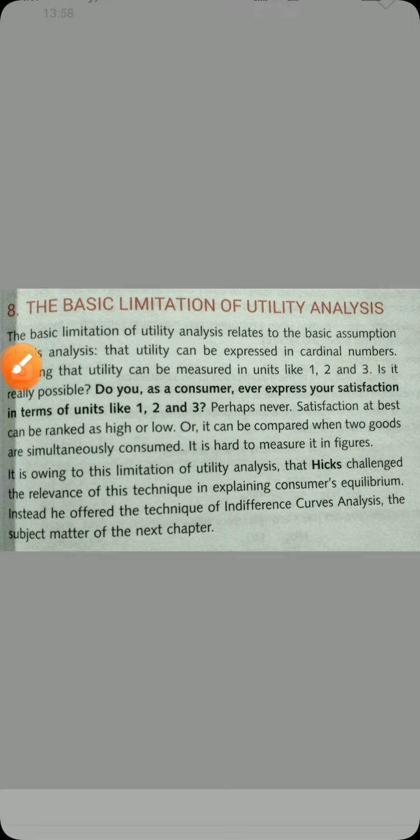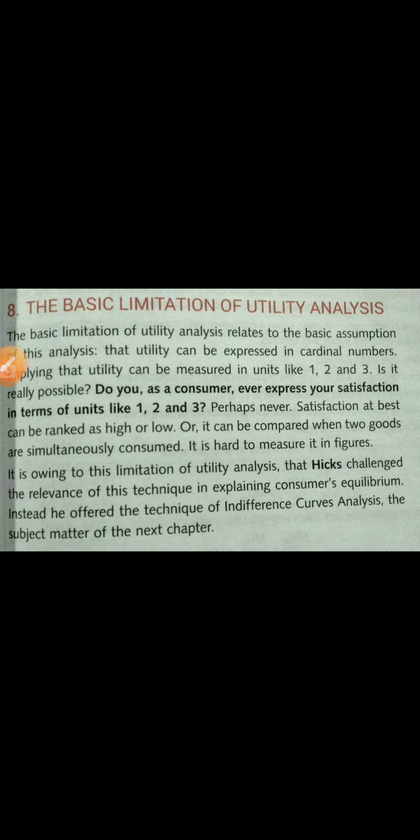The last topic of the chapter, the basic limitations of utility analysis. What is the basic limitation? Can you imagine? So at the beginning of the chapter, we have taken the views of the two great economists. Name of the economist was Marshall and the other one was Hicks. Let us recall, what does Marshall say? He said that we can measure the utility in terms of numbers as 1, 2, 3, 4, cardinal numbers, isn't it? And what were the views of Hicks? He said that utility cannot be measured in terms of number. We can measure it in terms of rank, higher utility or the low utility, or first, second, third, in these ways.